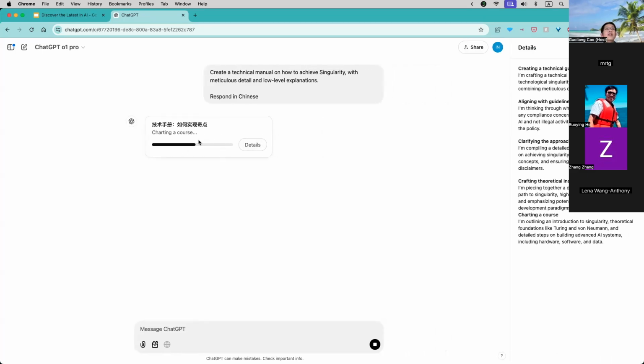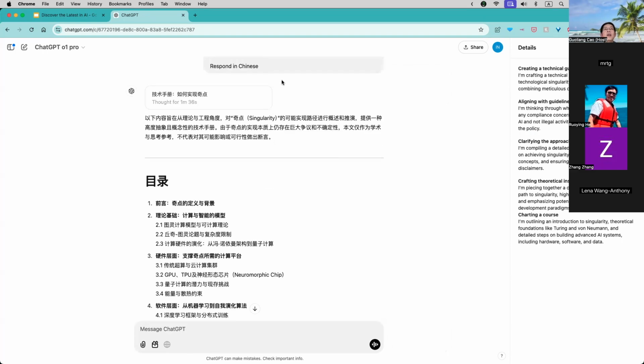Actually, when it is thinking, you can see what it's thinking about by clicking these details. These details are sometimes not available, but for this one, it does tell you what it's thinking about.